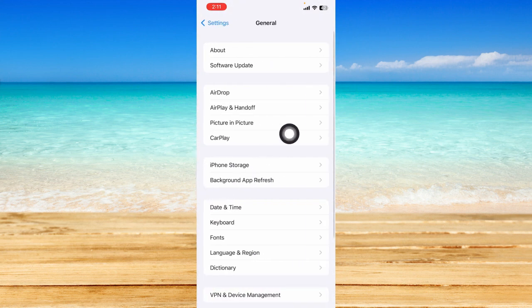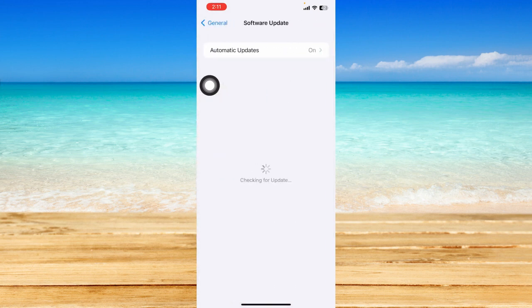Now, if that is not the case, you go back to the page and click on General right here. Click on Software Update and let your phone check for updates and make sure that you have installed the latest iOS version, because this might be the cause of having an unstable Wi-Fi connection. So if it prompts you to download and install a specific update, just do so, and that might help in